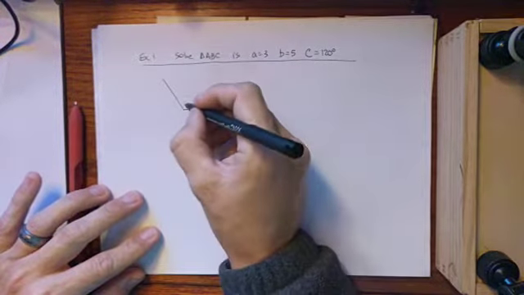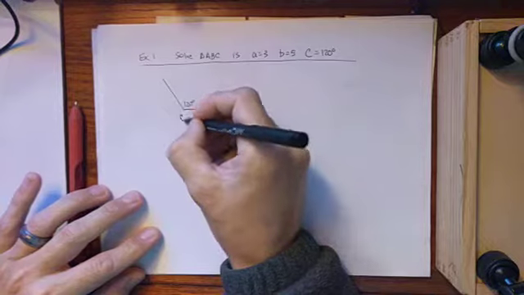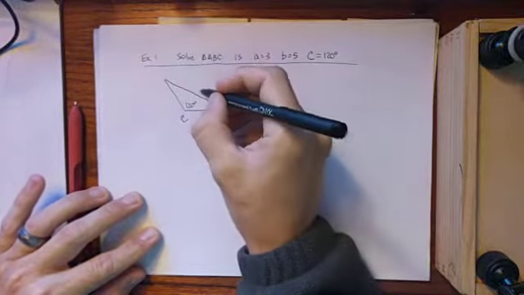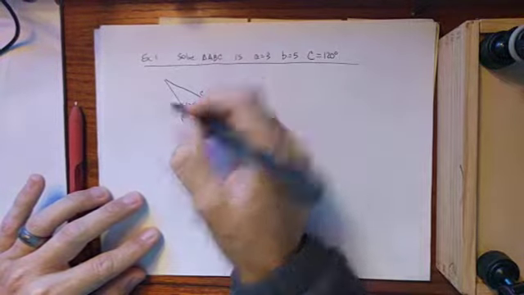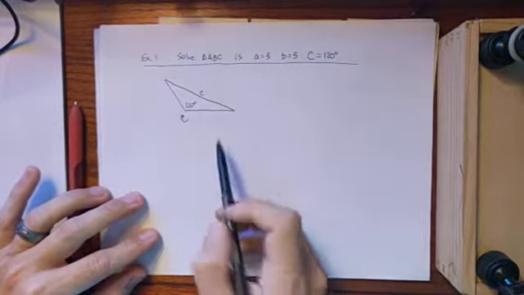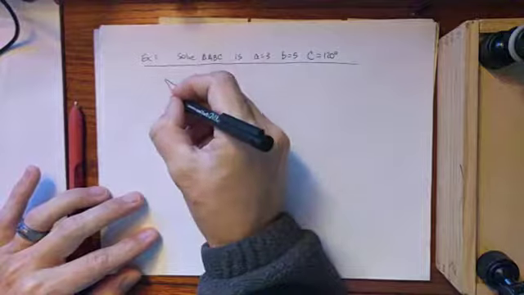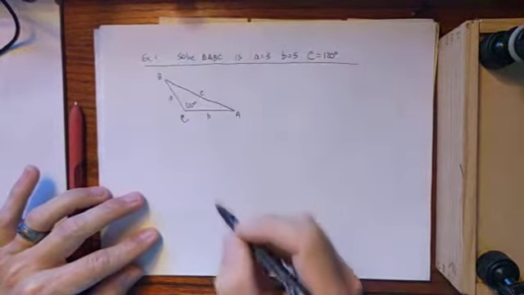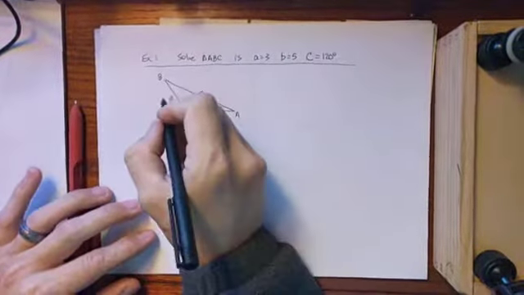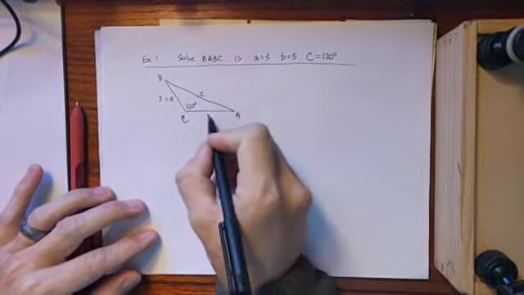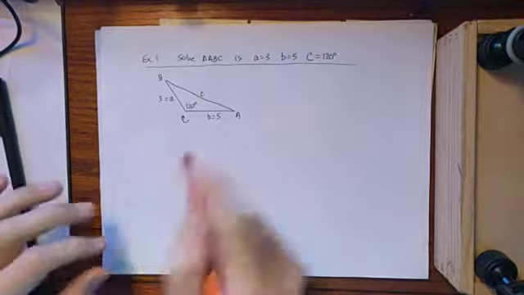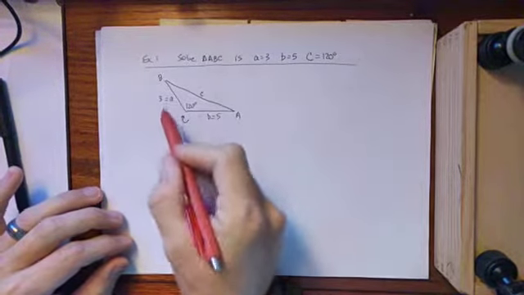Something like this. So this would be angle C, and this would be side C. Sorry about my terrible handwriting or artwork. This appears to be the shorter side, so I'm going to call that A and this angle A, and this B and that angle B. Okay, and it says that A is 3 and B is 5. So you can see that this is the side angle side variety,